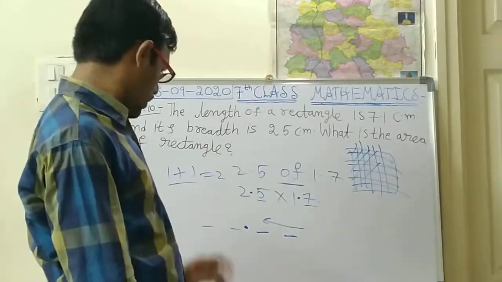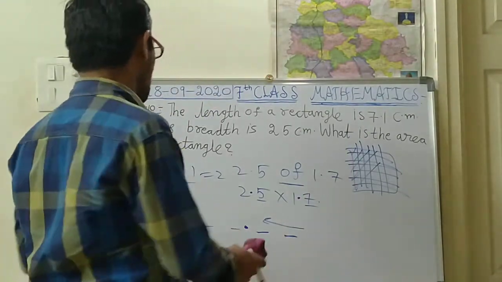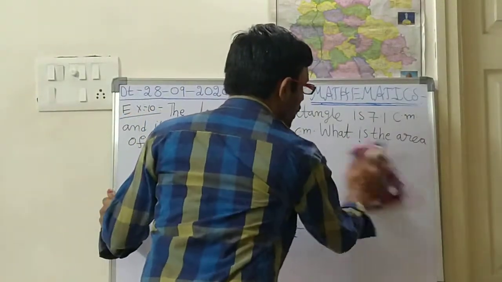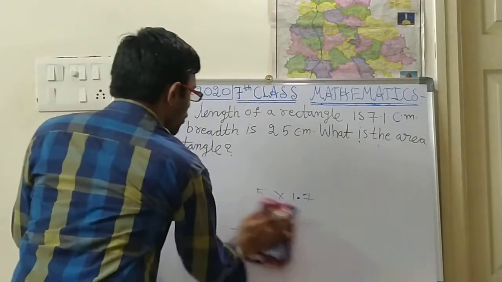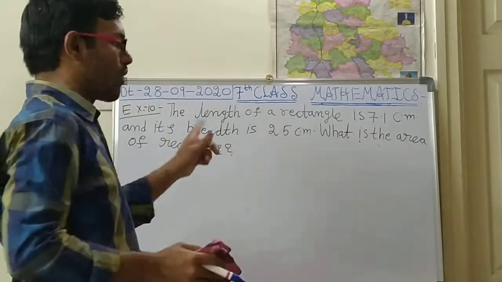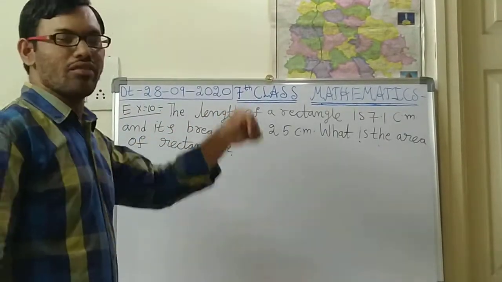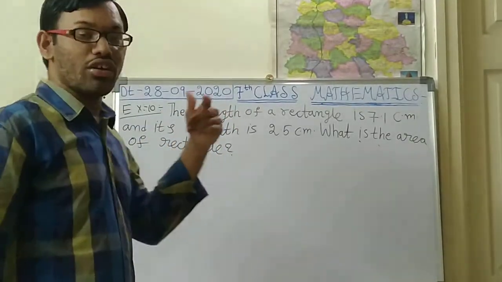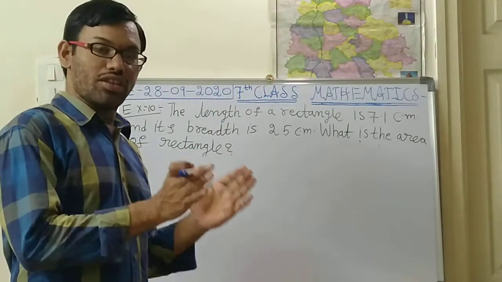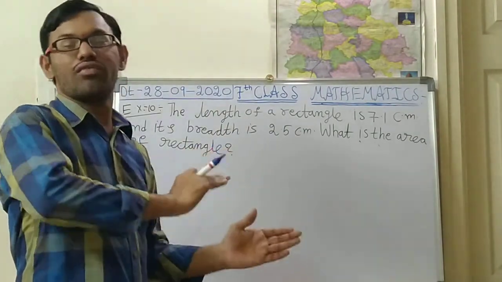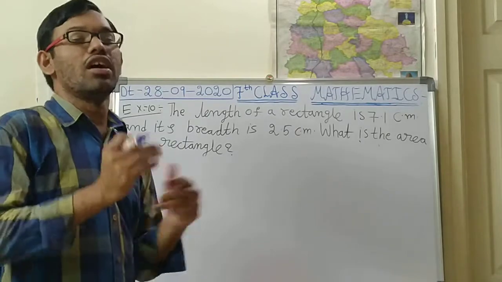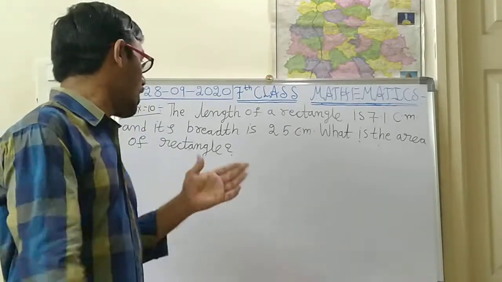For today we shall see some more concepts. Before that, let us do one example problem which is given in your textbook. So what is the example? This is an example problem based on geometry. If the decimal fraction is linked with geometry, how will the questions be? You have to see.